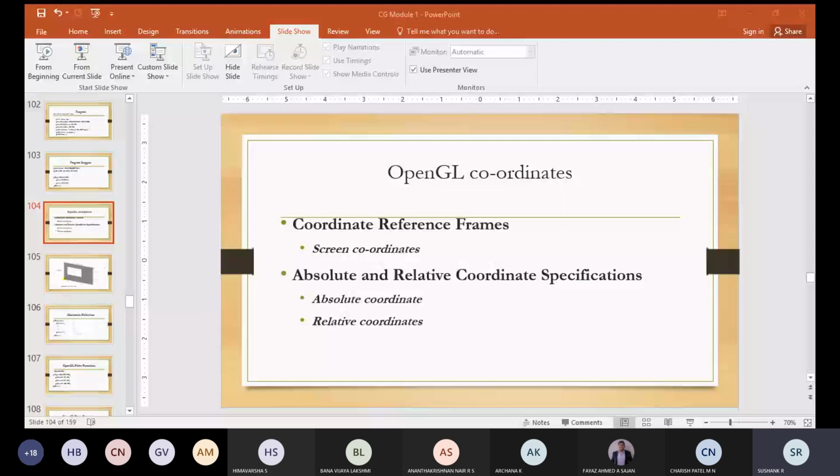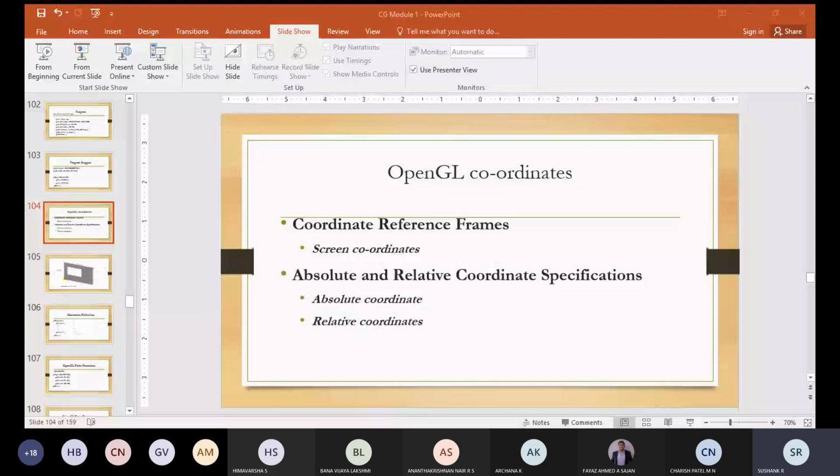For example, assume that P1 is the beginning point and P2 is the end point of a line segment. What this scan line algorithm will do, meaning this display algorithm must calculate the pixel positions along this line, from P1 to P2. It has to calculate the pixel positions for each of the positions along this line, between the two endpoints P1 and P2.